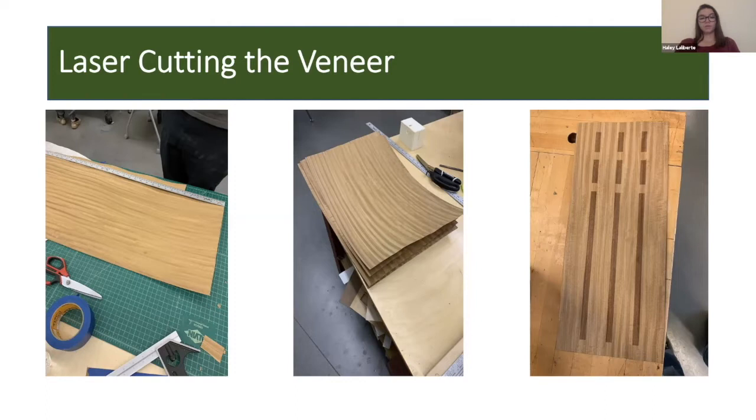This allowed for a more efficient and accurate way to get the correct size and waste as little material as we could. Once the veneer was cut out to the correct size, we were concerned not enough light would pass through the veneer. So we experimented by laser engraving the veneer, as you can see in the far right picture. When we laser engraved the veneer, we found that it made the veneer too fragile and caused it to crack. We then decided it wasn't going to work and found that more than enough light did shine through the veneer